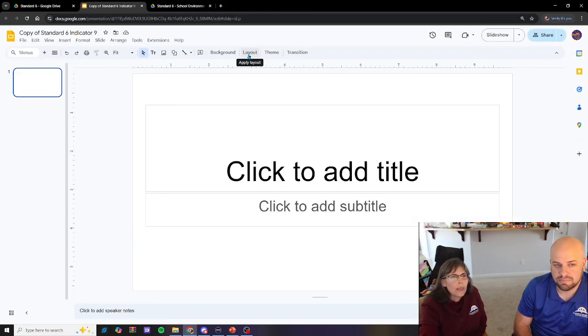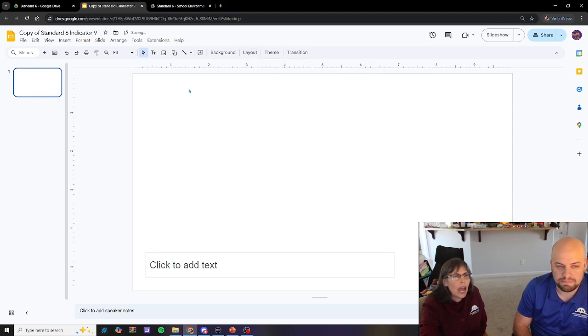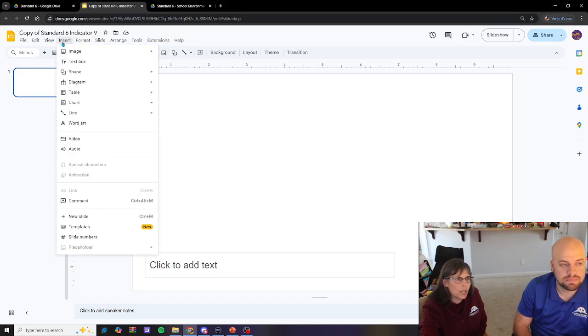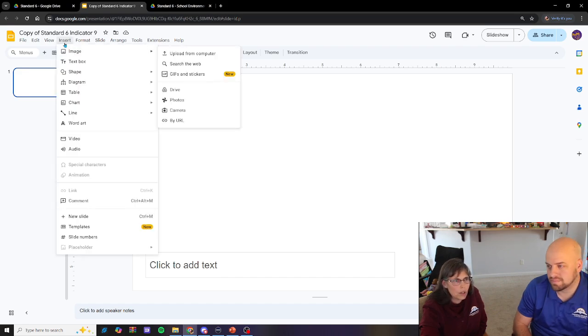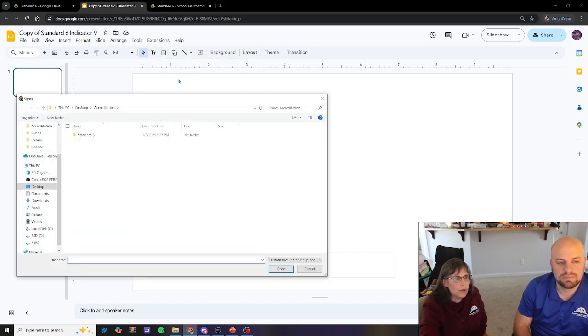So if you go into your Google Slides and you go up here to this little button that says layout, then you can choose caption, okay? I mean, you can choose whatever you want, but this one is easy. So you go to caption and then you can insert an image. You can insert the image using this little icon here, or you can go up to insert and select image. So either way, I like to do this one, upload from computer,